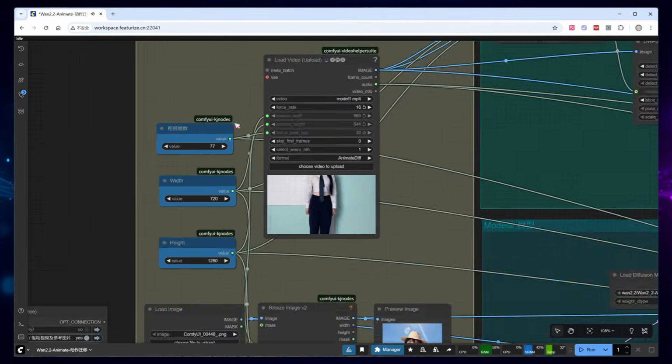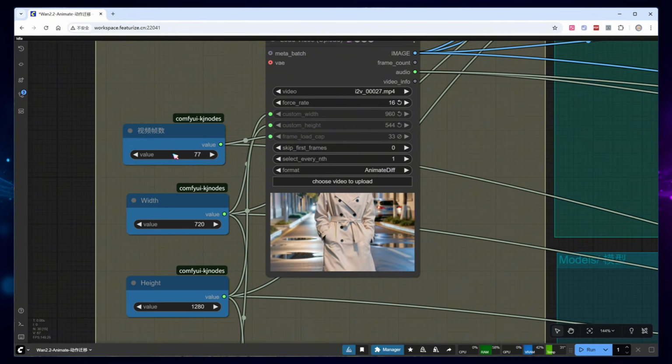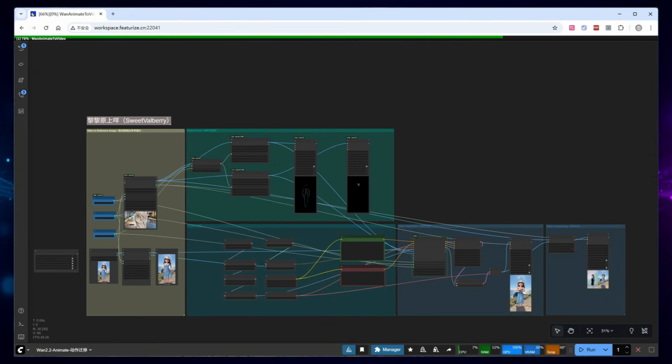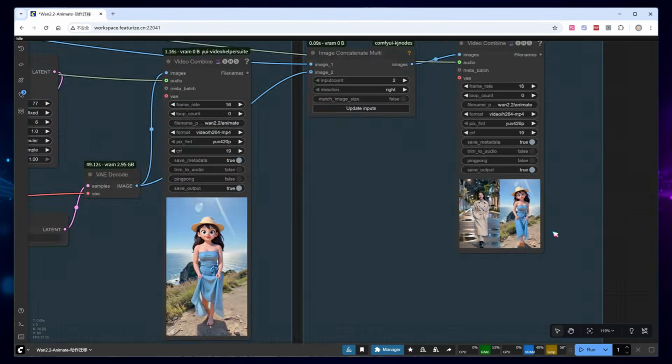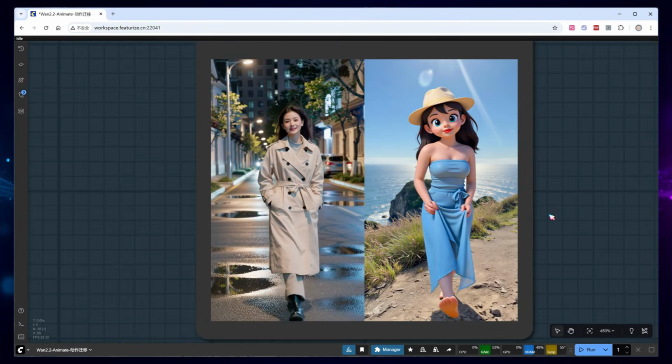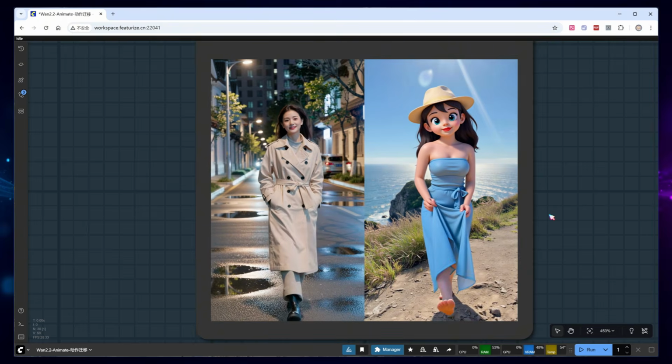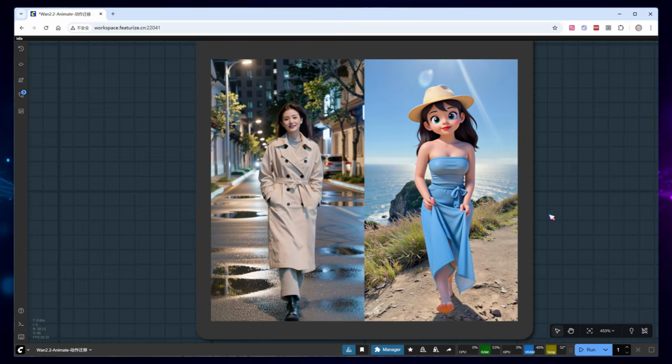Let's test a different video, this time only 33 frames. Click Run and wait patiently. It just occurred to me, I haven't changed my positive prompt words, they're still dancing. But that's fine. Like I mentioned before, prompt words, especially those related to motion, have little effect on video output. The results are in, and just as expected, the movements are almost identical. The young lady elegantly walks forward, and perhaps picking up her skirt is her effort to match the dancing described